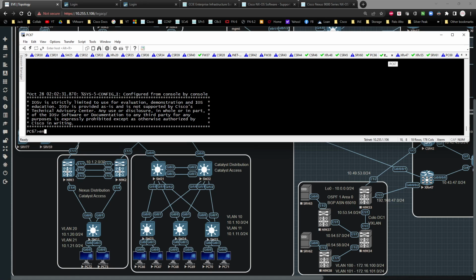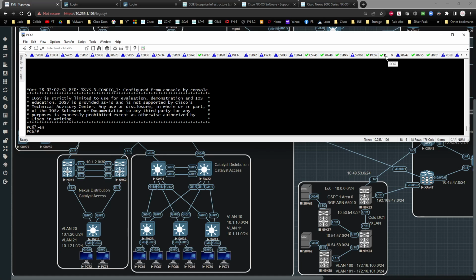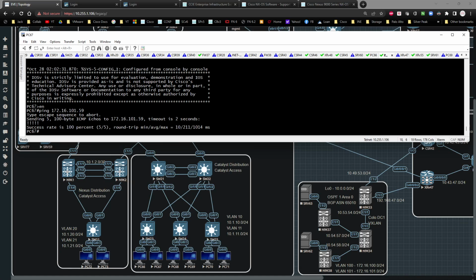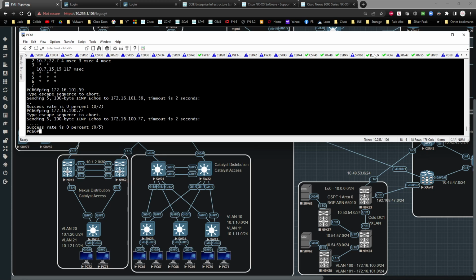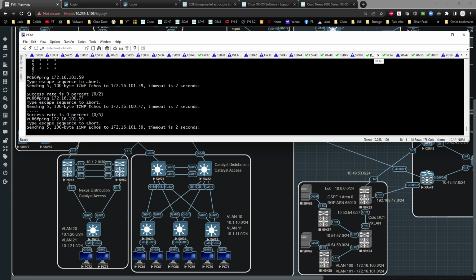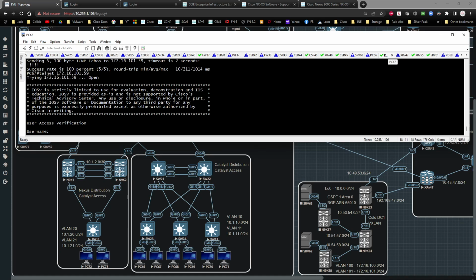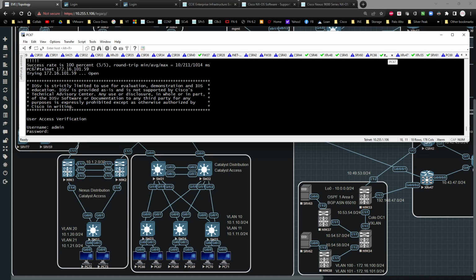PC 67. We're going to go ahead and let me just make sure on, try to ping 172.16.101.59. Okay, now it's working. Let's try PC 66 again. I wonder if switch 22's got a problem. So we'll do our testing from 67. So if I tried to telnet to 172.16.101.59, admin, admin,